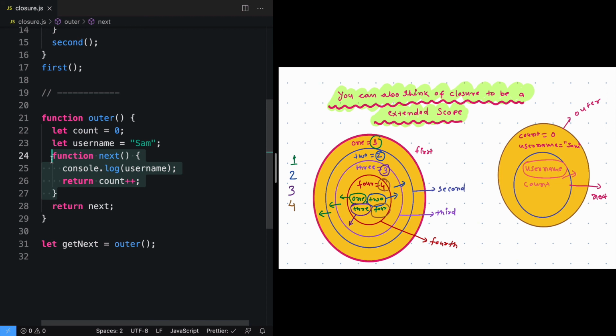So in this way, we just try to understand this statement that you can also think of closure to be an extended scope. So this is our extended scope that is present in our next function. And when this special scope is created, whenever you return a function from another function,